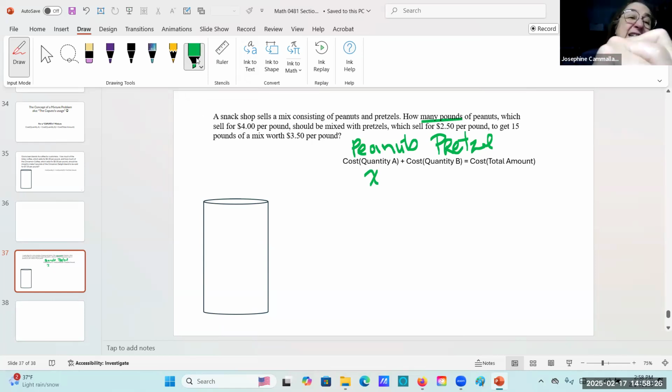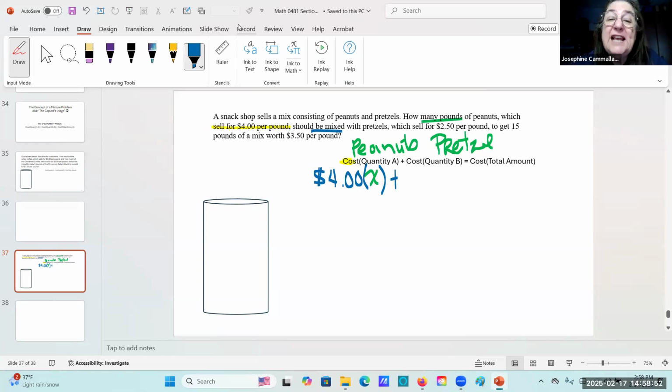Now, which sell for $4, which means this cost is going to be $4 times X. Now, because we're mixing it with pretzels, which sell, here's my pretzel cost, $2.50 per pound, and I'm going to put a little parentheses here,